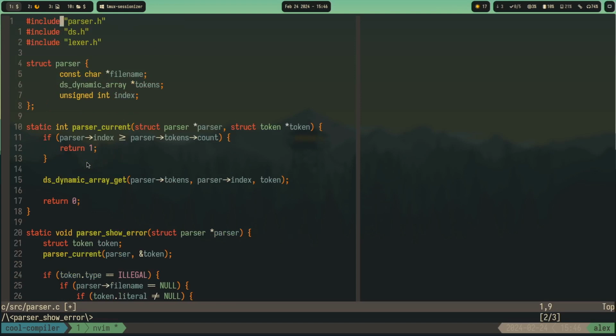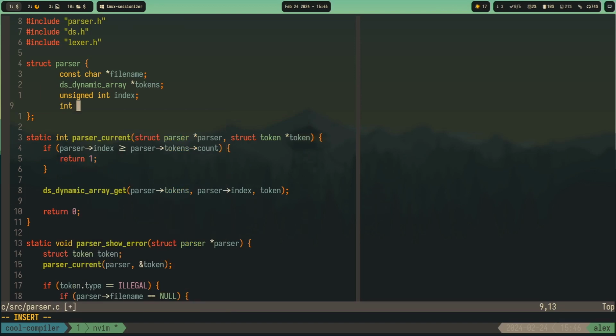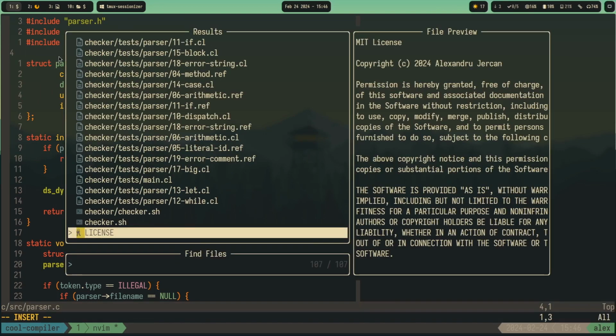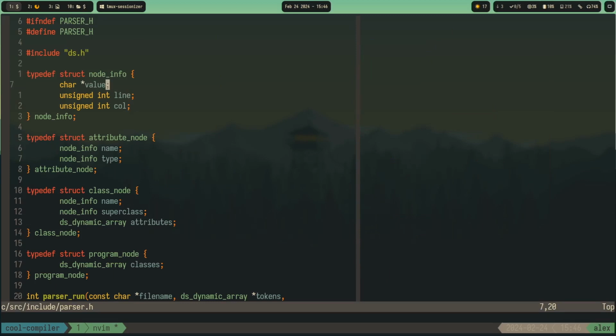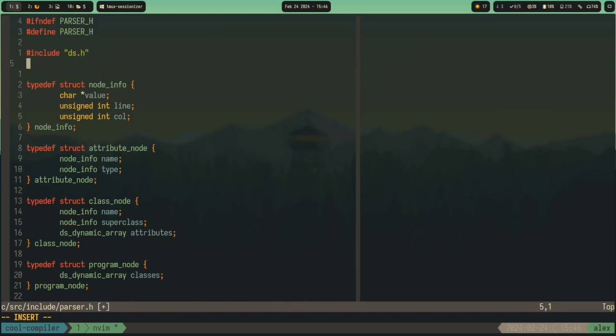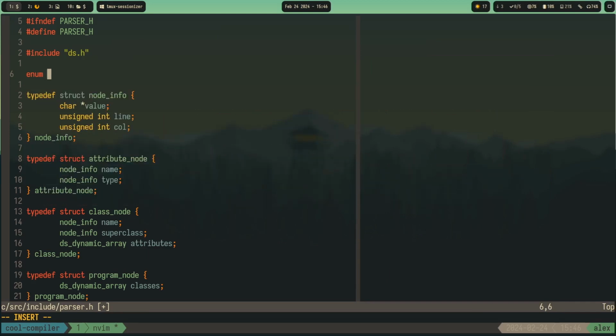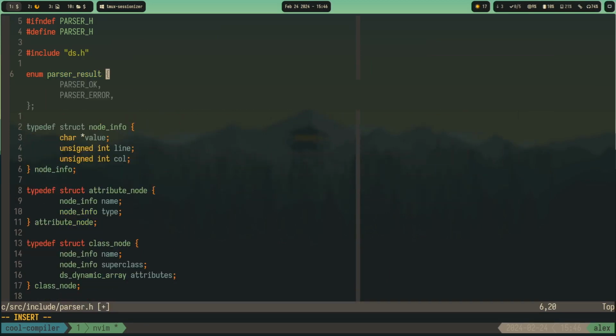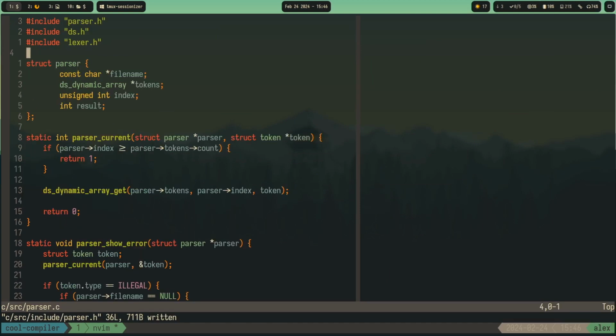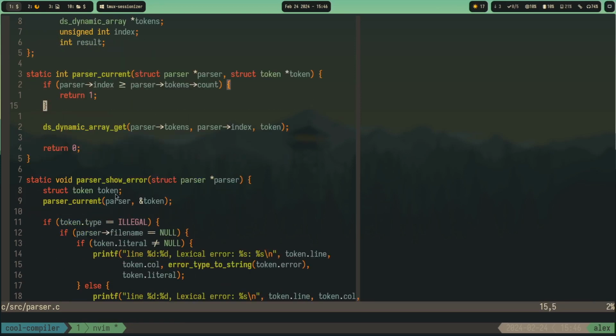Like let's put on the parser an int result, and let's go into parser.h and maybe have an enum parser result, parser okay or error. And yeah, when we initialize, we set the parser result to okay, and afterwards, for example, if we